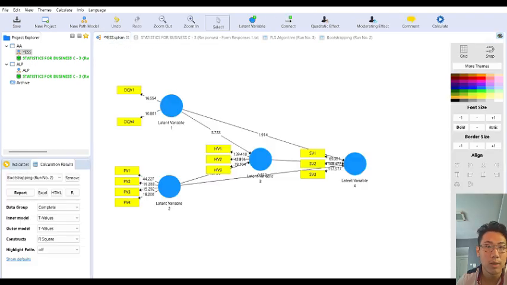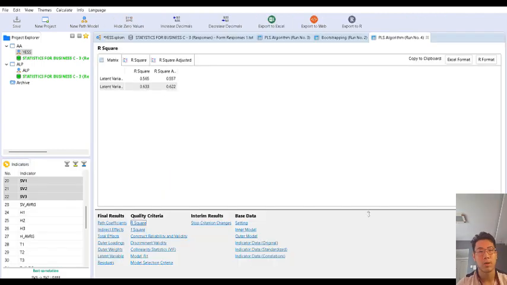So the next thing we're going to do is the R-square test. You can go to the PLS algorithm here, and as you can see, for the R-square, in this case there's 56.5% which is significant, we can know. And for the next variable, there's a 63.3% effect on this variable.